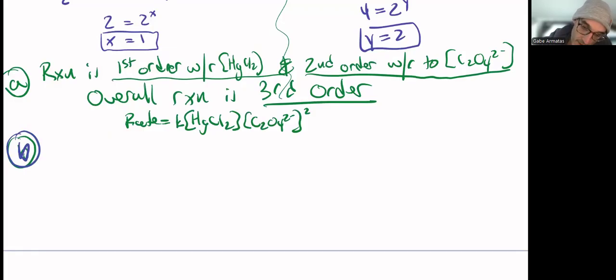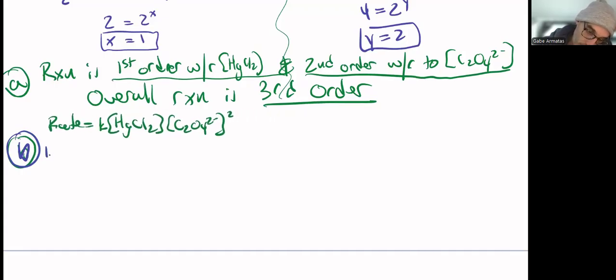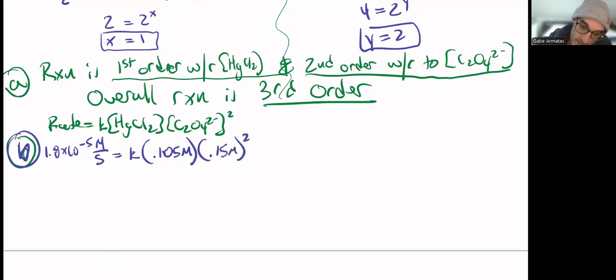Go back to blue here. All right. So my rate for reaction 1 was 1.8 times 10 to the minus 5 molarity per second is equal to K. Concentration of mercury in this case was 0.105 molar raised to the 1, and concentration of the oxalate 0.15 molar squared. And so now, if we do the math, we solve for K, divide by everything, we end up with,